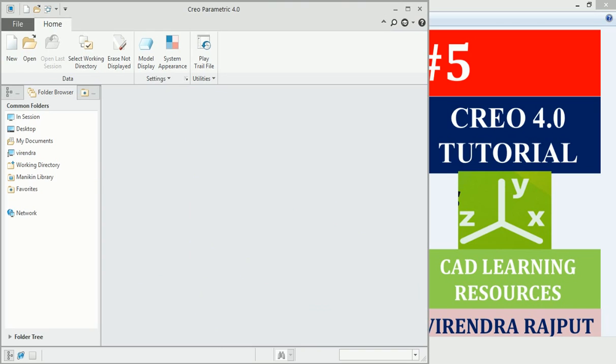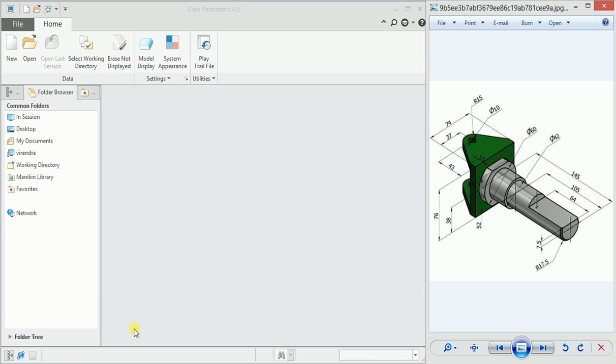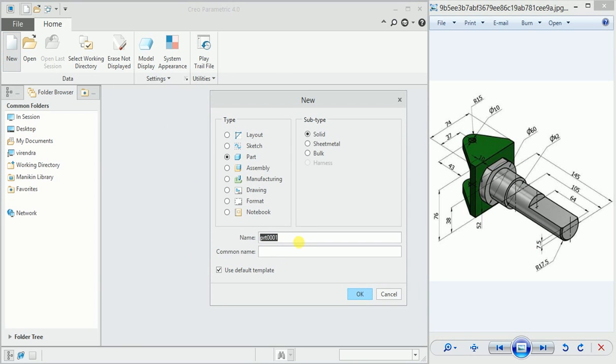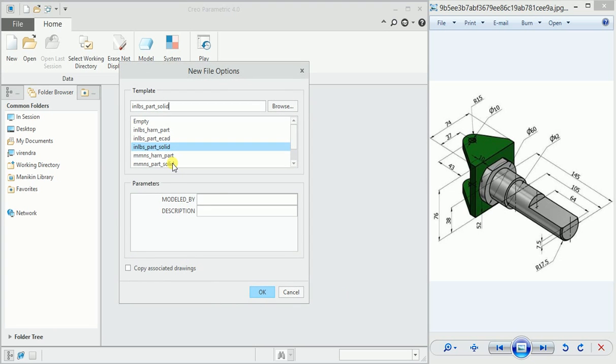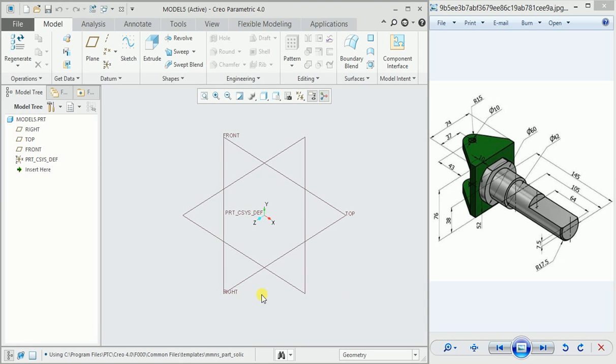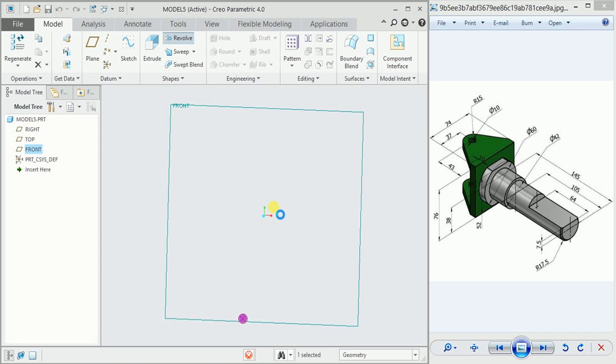We'll create this solid model using Creo Parametric 4.0. So take a new file. Here we'll give name model 5. Uncheck use default template. Click on OK. MMNS part solid. OK. Select front plane. Click on revolve